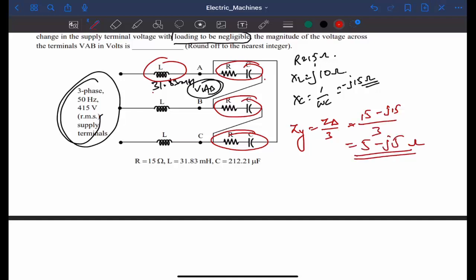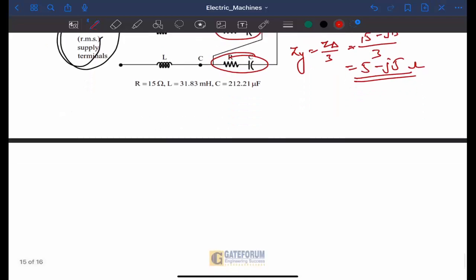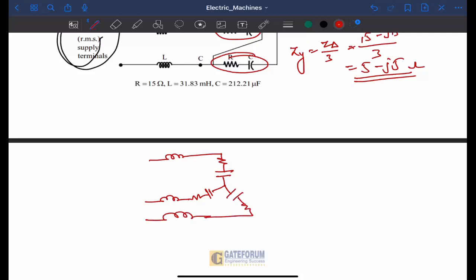So this will be the star connection. So it will look like this. Okay,